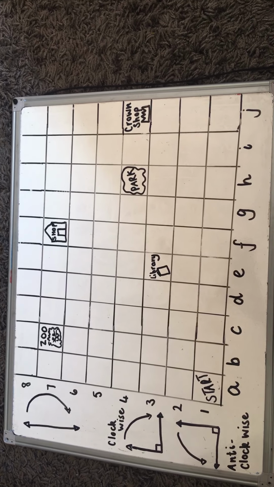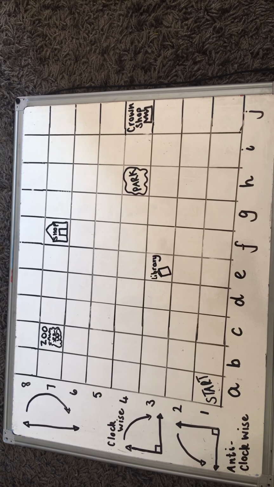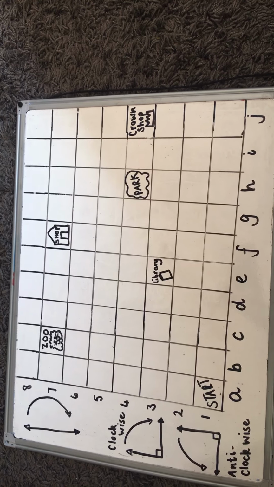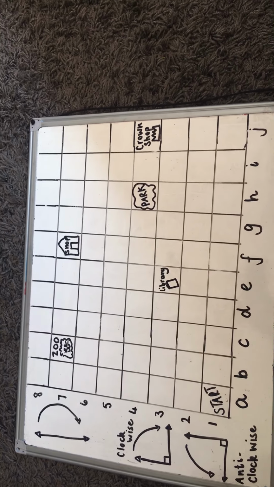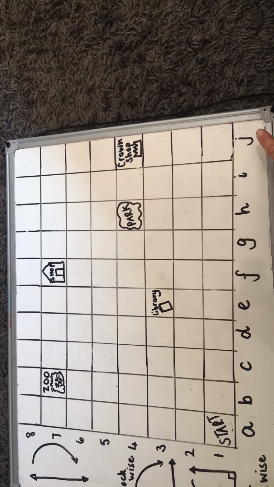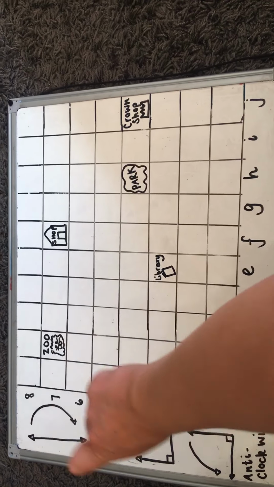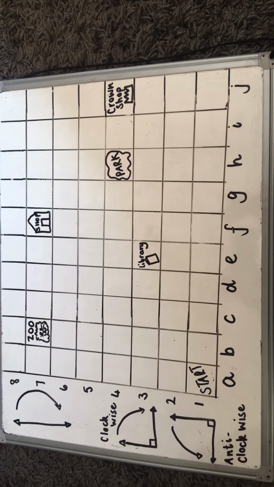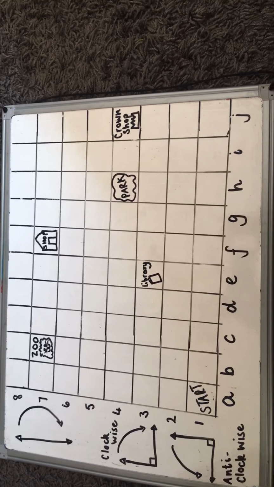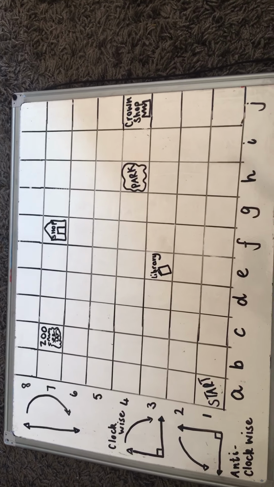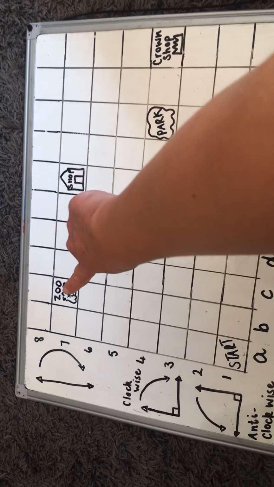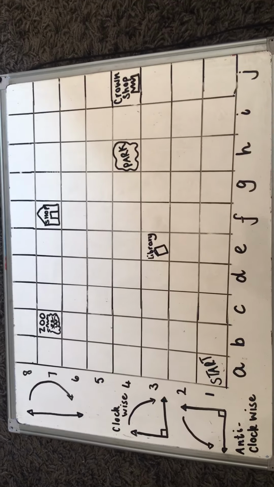Now, before the Easter holidays, you may remember learning with Miss Macmillan about grid references and how when we're using a map, you often have letters going along there and you have numbers going up the side. So that when you are telling someone where something is on a map, you can use the grid references to help you. For instance, the zoo on this map up here is in